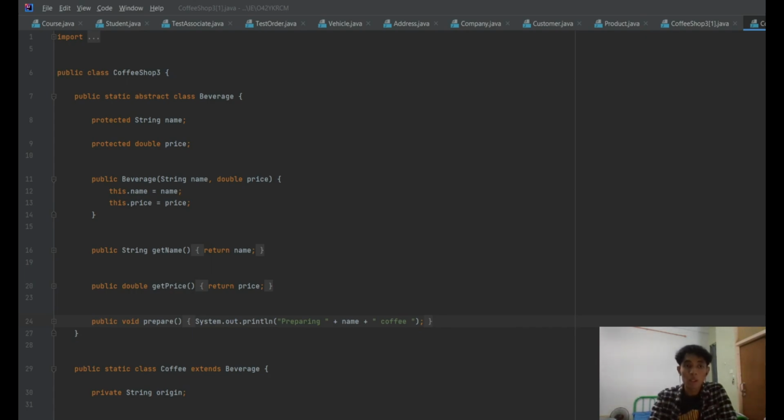A21EC00033. Now, in this project, I have contributed to the class Beverage. As you can see on line 7 here, I initialized the class, public static abstract class Beverage. The attributes here are protected String name, and also price with the data type of double. And I created a constructor here, a public Beverage, which accepts the parameters String name and double price, and we do